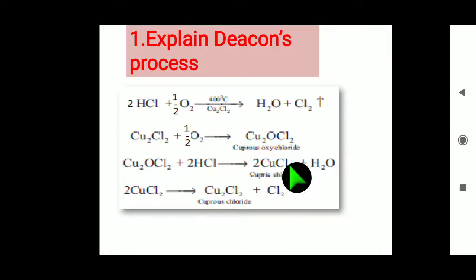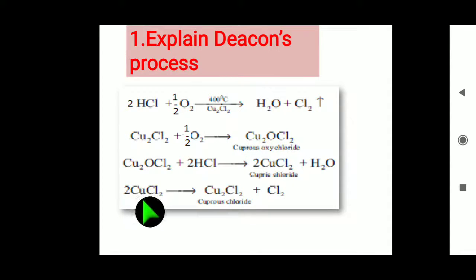with water. This equation is a balanced equation. Copper left side 2, so right side make it 2. Chlorine 4. Here 2 chlorine is here, so 2 HCl we have to write, then only chlorine will balance. Hydrogen here 2. The equation is balanced.